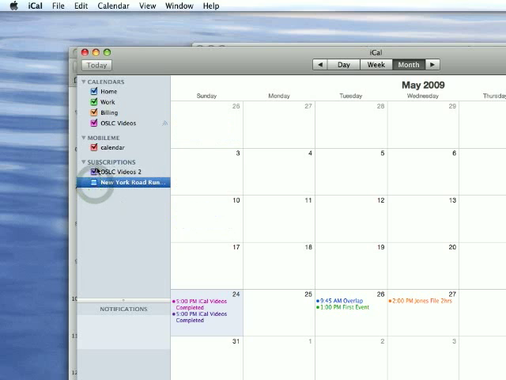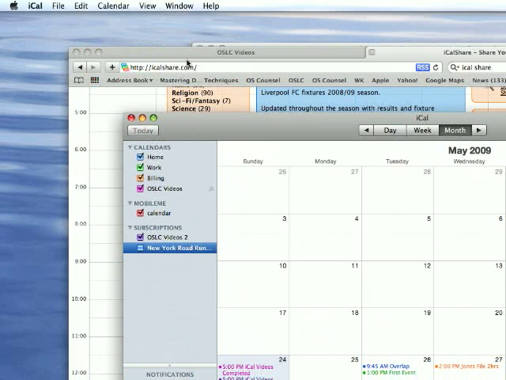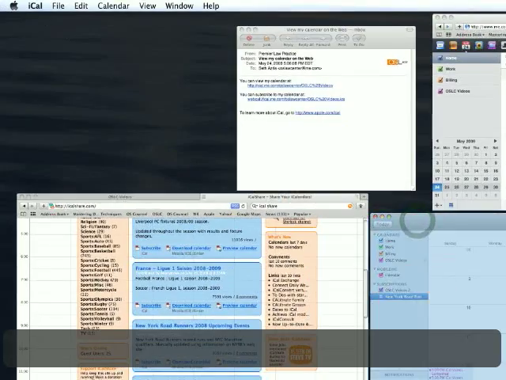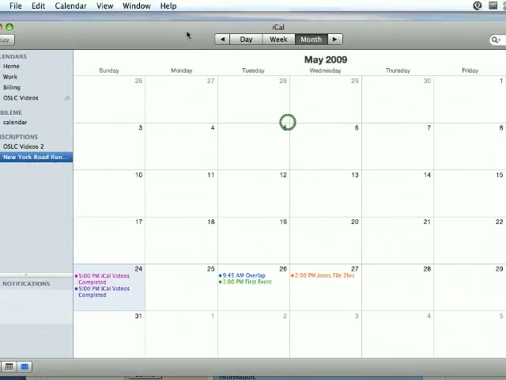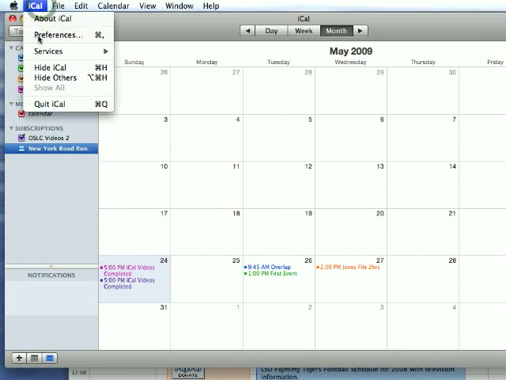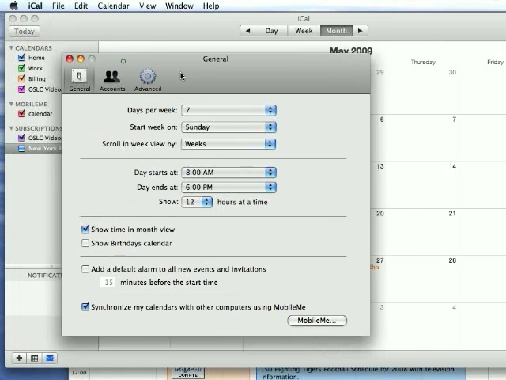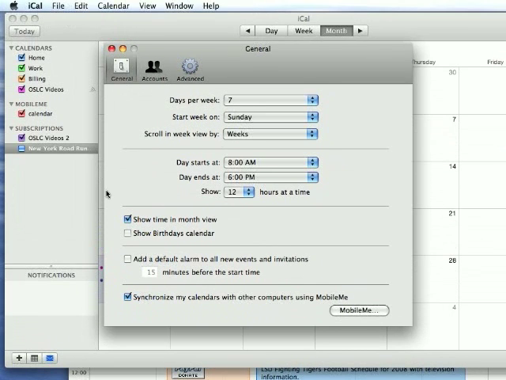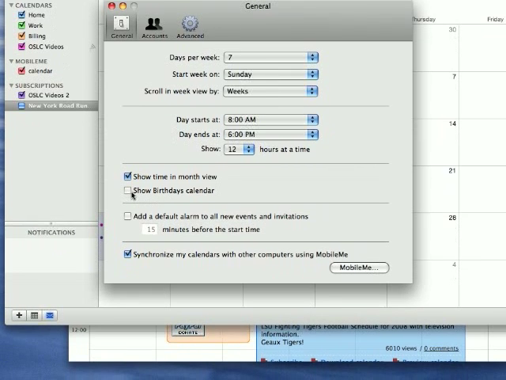Now these subscriptions, there's one thing I do want to show you. When we were talking about the address book, I recommended putting in the people's birth date. Now that is something that iCal will help you do, and it may be a nice touch if you want to send people maybe notices or birthday cards or something like that, or even for your own family. I mean, it's certainly helpful. Here's the box. You go to Preferences in iCal and it says Show Birthdays Calendar,